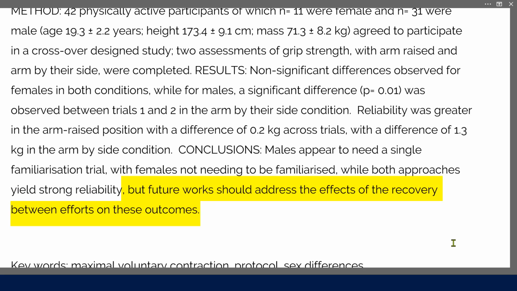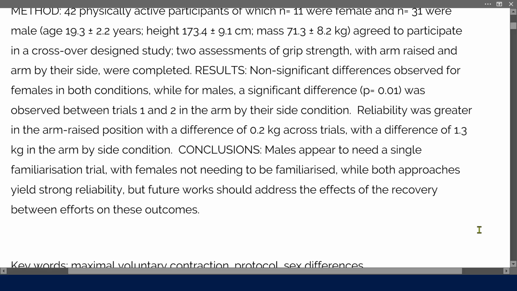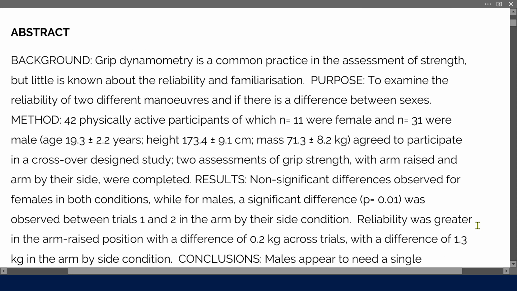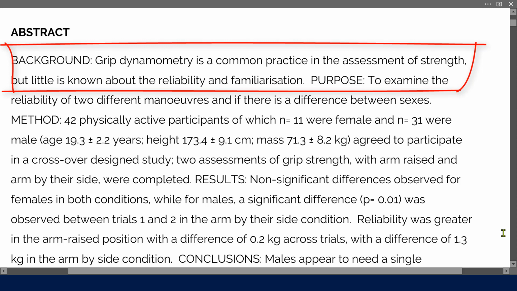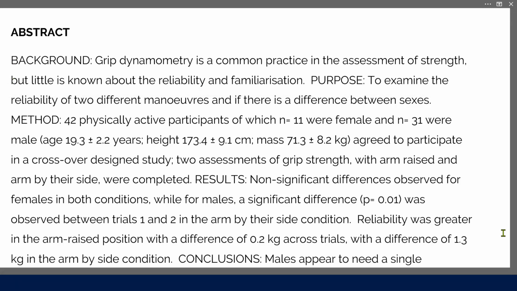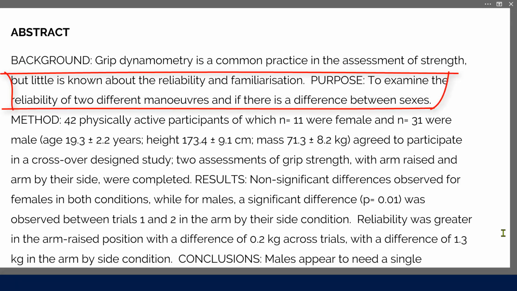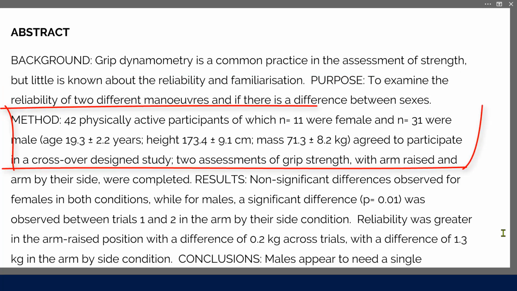So can you see the way that has been designed? And that what has happened is that we've taken all of the themes through the abstract. So just to reiterate this, if we go right back to the beginning, right at the start in the background, we refer to reliability, the fact that there is no evidence for reliability. In the purpose, we refer to the wanting to examine the reliability of these two approaches and the difference between sexes. In the methods, we have referred to our participants and we have referred to the different grip tests that